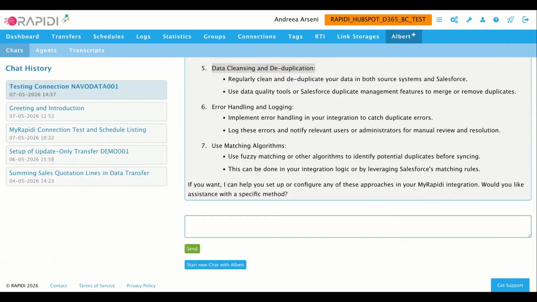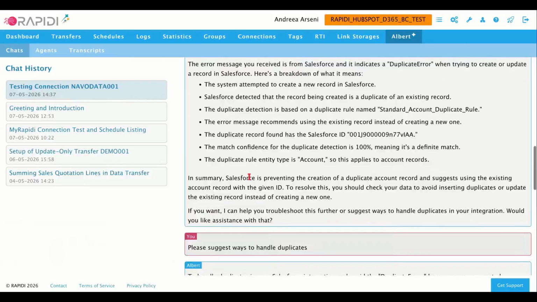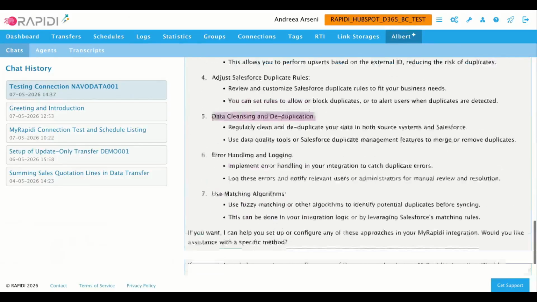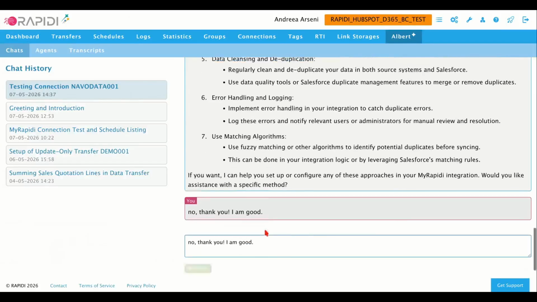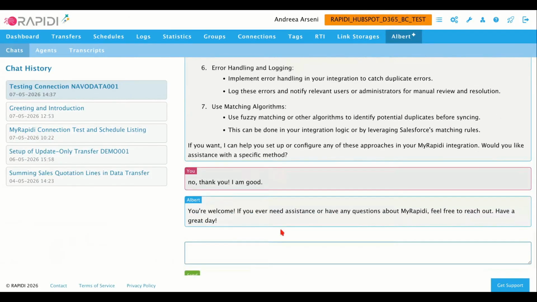And then, of course, he will continue with a question, because he wants to see if you want to work on anything specific. And as soon as you're done with this chat and you think you are good, you can just say, no, thank you, I'm good. And then he will respond and say, if you need assistance, feel free to reach out. So now we had this conversation with him, and you see the chat is saved here,